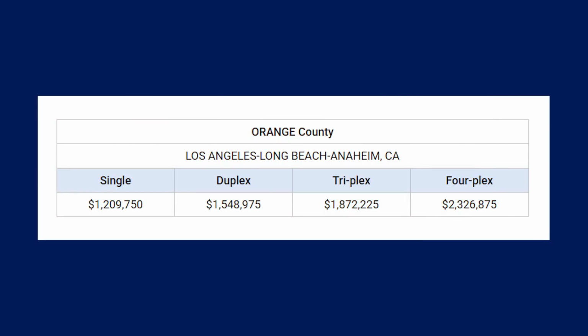On top of that, you can actually use an FHA loan to buy multifamily. And so the FHA loan limit for a duplex in Orange County is $1,548,000. $1,975. For a triplex, it goes up to $1,872,225. For a fourplex, it goes up to $2,326,875. So like I said before, depending on your county and the type of property, this will change the FHA